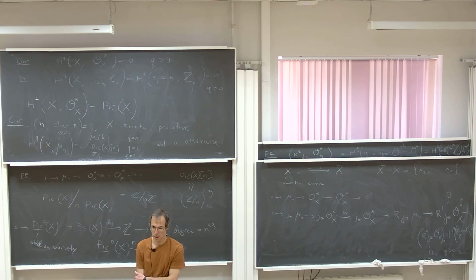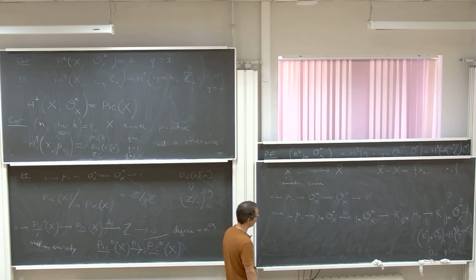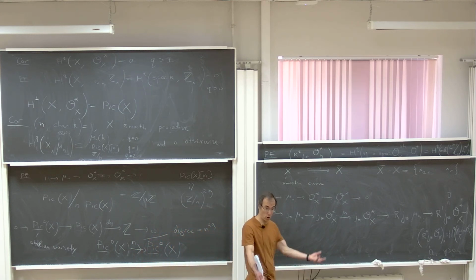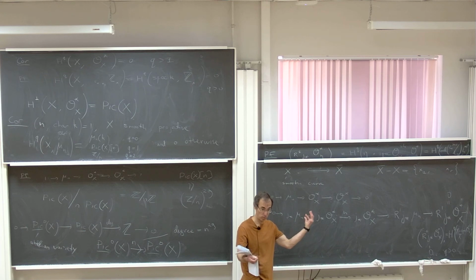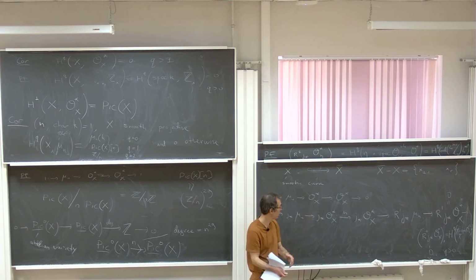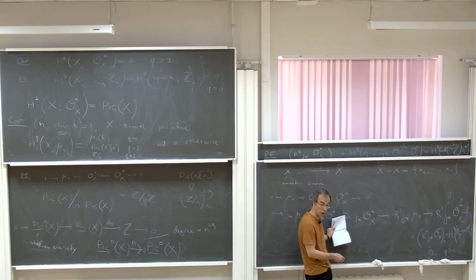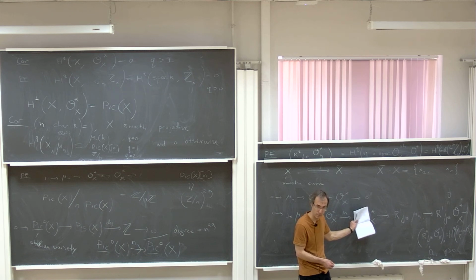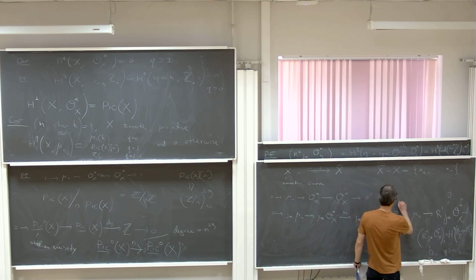of order not divisible by n. Yes, and there is nothing else. So if you have a function whose order of pole is divisible by n, then locally you can extract a root. It's a Kummer cover. So that means that the cokernel of this map is going to be a direct sum